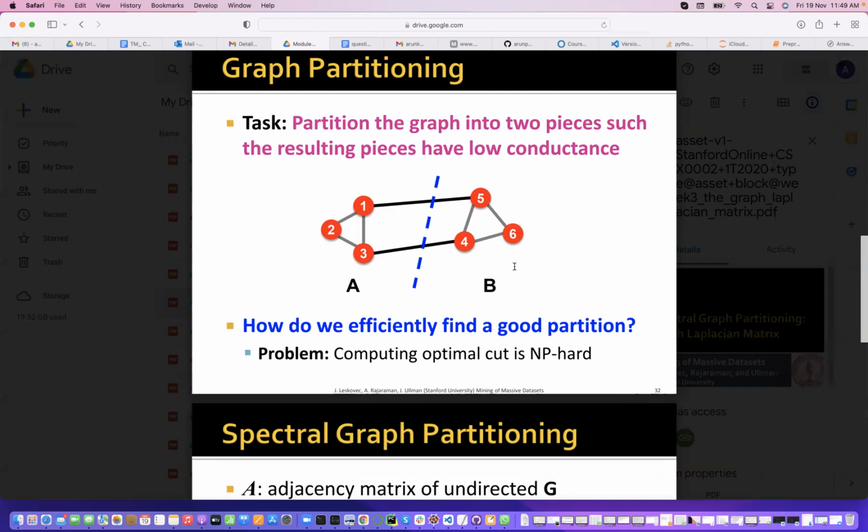So if you have nothing, then you need to make two partitions. How many ways can you make two partitions of a set of n elements? NC2? No, more than that. NC2 is selecting only 2 elements, right? So you can make a partition of one element and n minus 1 elements. That can be done in n ways, because it depends on which one element you choose. Then you can make 2 on one side and n minus 2 on the other side.